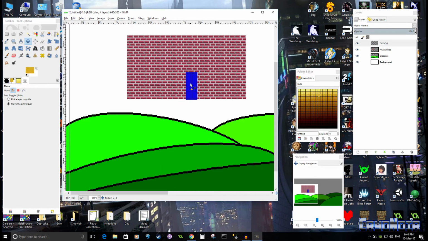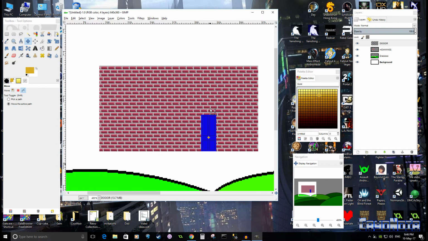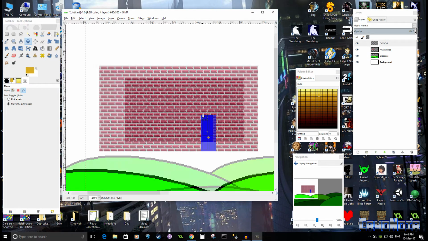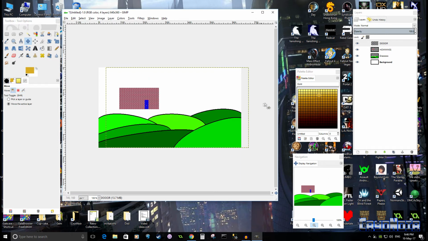No, just for the sake of it, I'm going to move the door over here. Yes, that's what we're going to do. Right. Now, another thing you'll notice when I did that, this layer is now floating around here because I grabbed the layer as a whole rather than the individual item. The layer is now